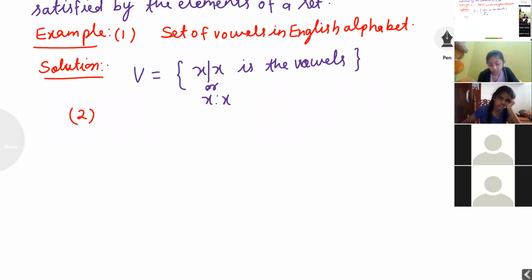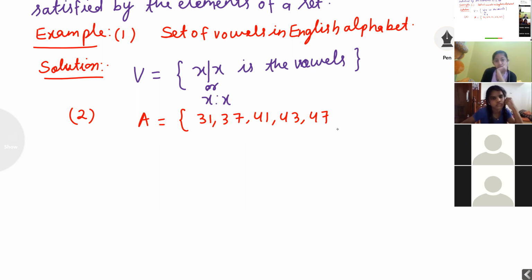A is equal to 31, 37, 41, 43, 47. Now this set I want to represent by using the rule method or set builder method. How to represent? Listen carefully, everyone.